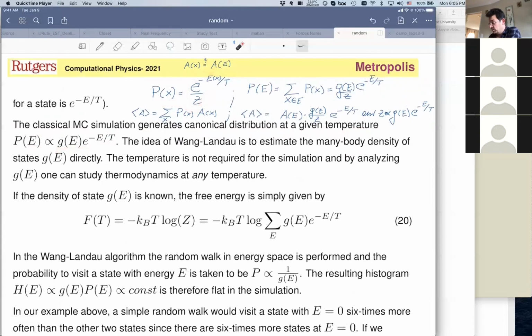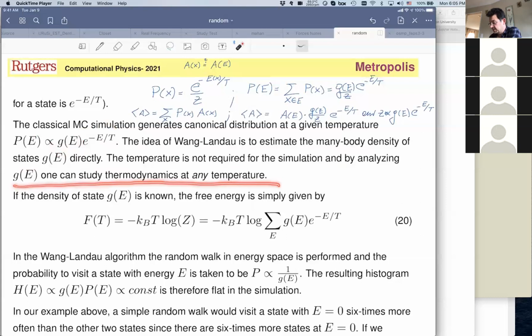But if we look at the probability for the energy E, then this is equivalent to summing over all configurations that have the same energy of P of x, which is basically this G of E times e to the minus E over T divided by Z. So the probability for energy is proportional to the density of states times e to the minus E over T. Okay. So the idea of Wang-Landau is to estimate the many-body density of states G of E directly. Okay. So the temperature is not required for a simulation,